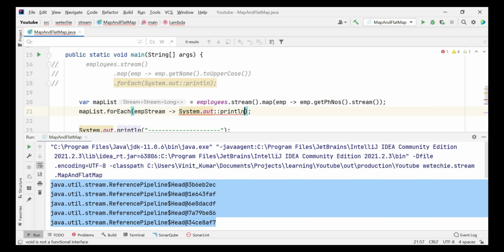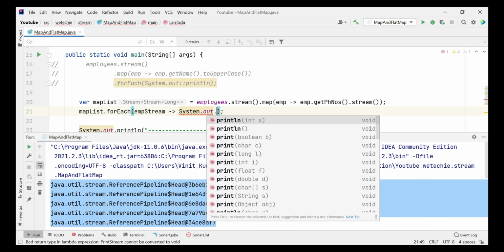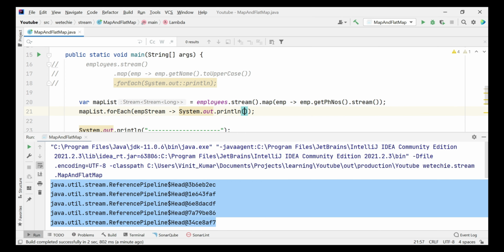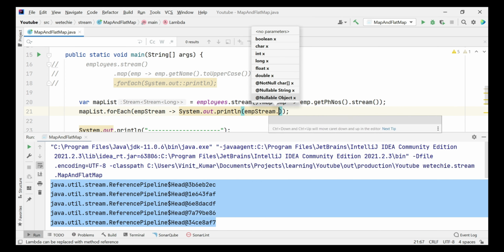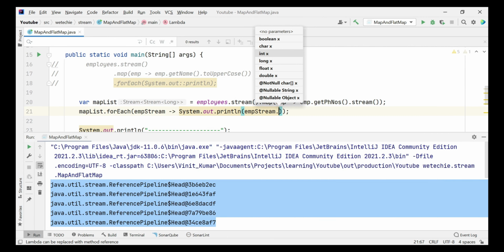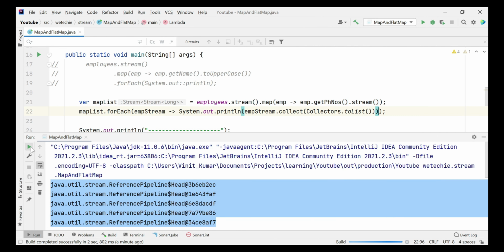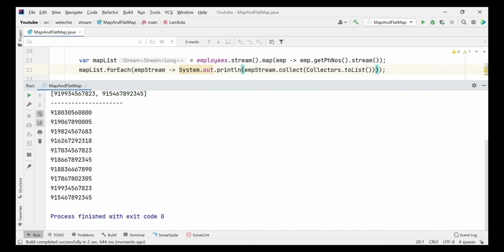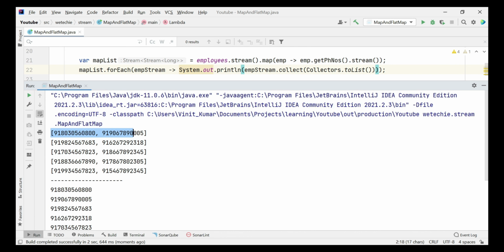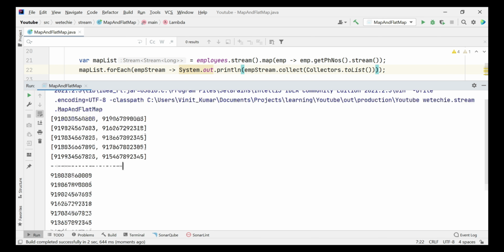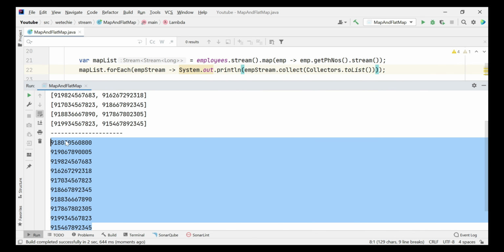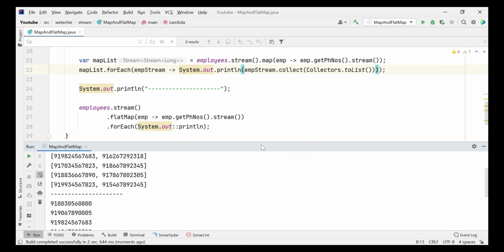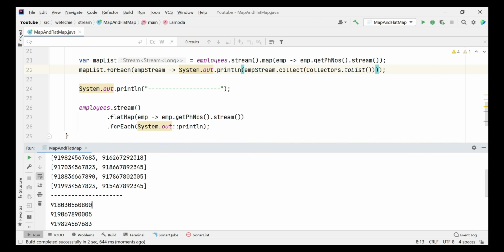Okay, and then let's not use method reference, println, and here we can pass emp stream dot collect as list. Now if you print this, each object will be converted into a list. See this, now it is converted into a list, but this is not flattened data, right? It is unstructured data, and this is flattened data. This is structured data. And let's say if you want to perform some kind of operation on the flattened data,